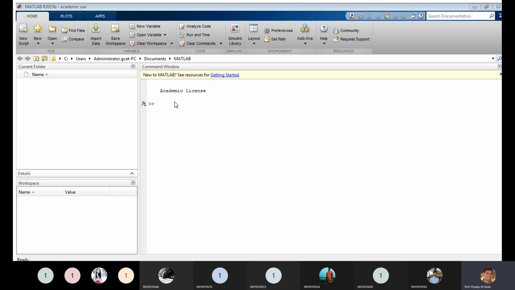Another form is also given, but right now we are using only the first form. Description is also given. Some examples are also given. You can see the example also. I'll just keep it in full screen mode.